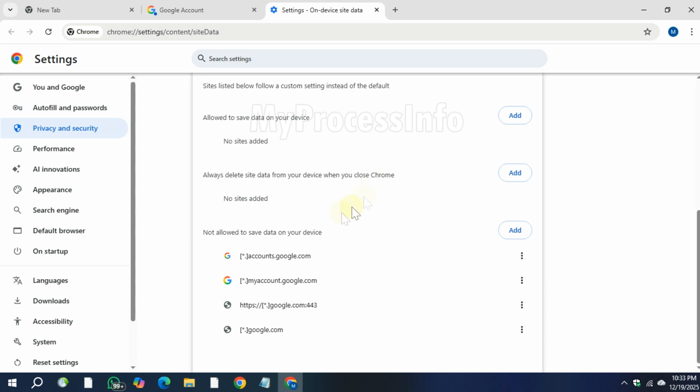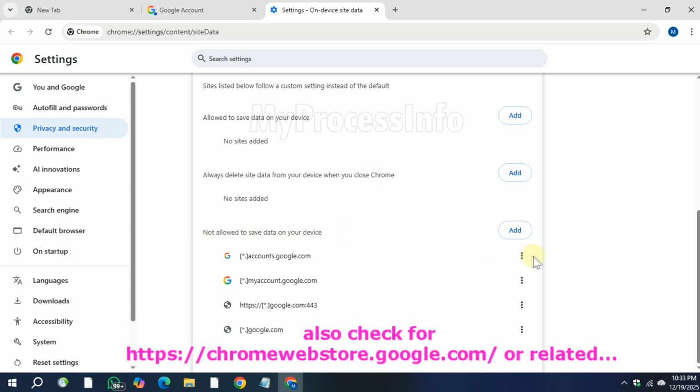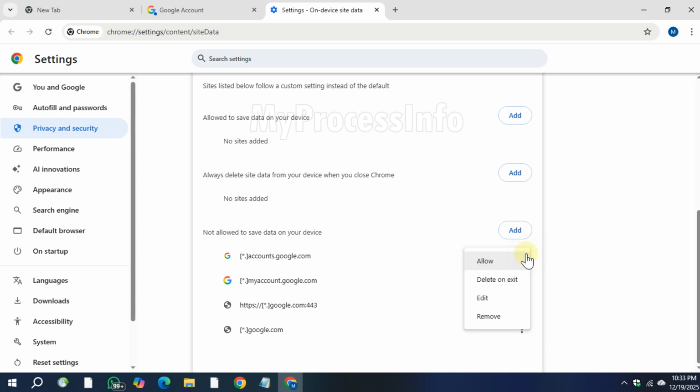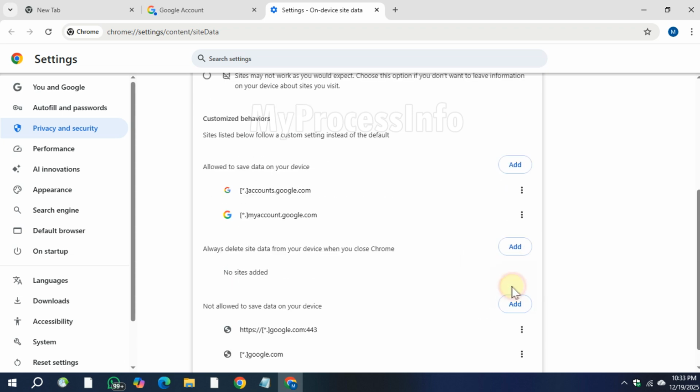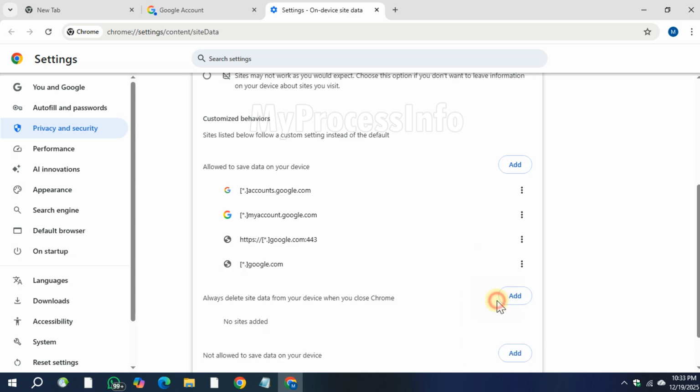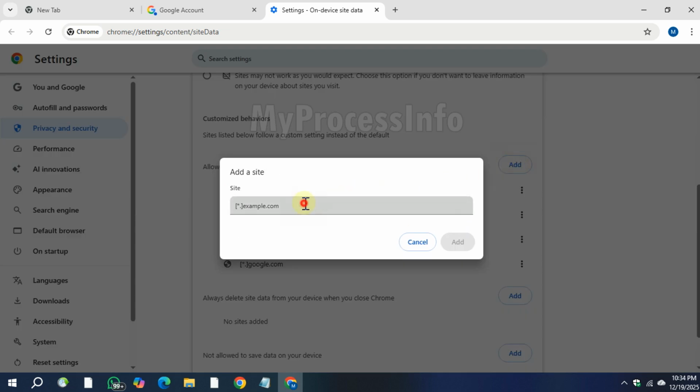Scroll down to Not Allowed to Save Data on your device and check if myaccount.google.com or accounts.google.com and so on is listed there. If you see them blocked, click the 3 vertical dots next to each one and choose Allow. If you don't find these entries, scroll up to Allowed to Save Data on your device and manually add them